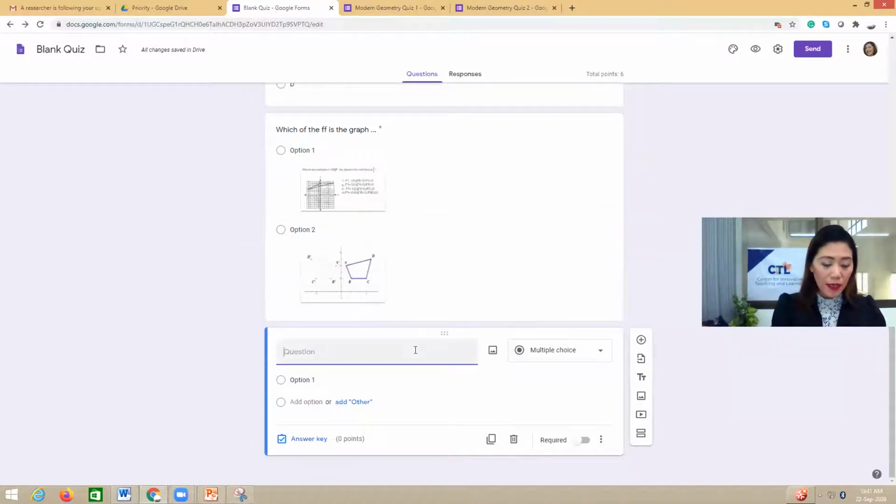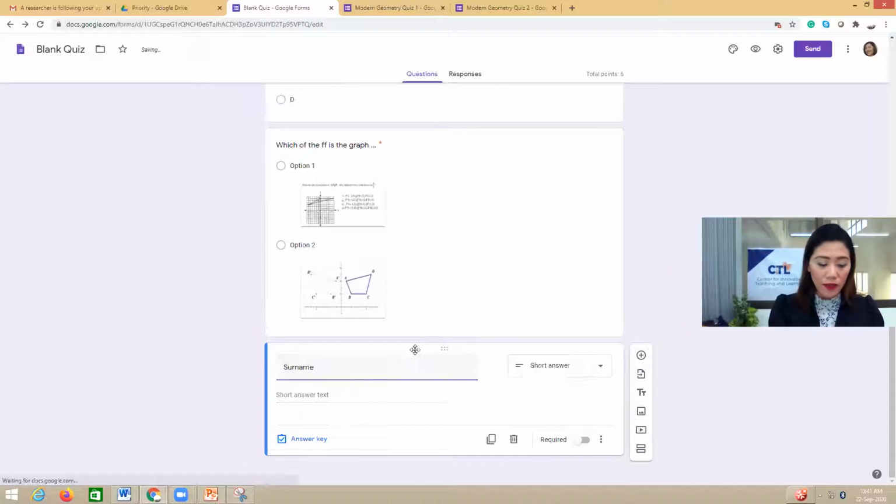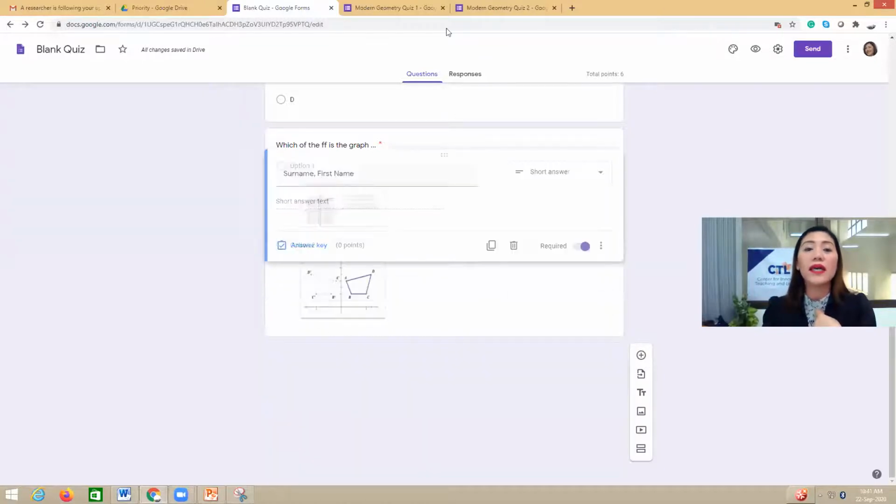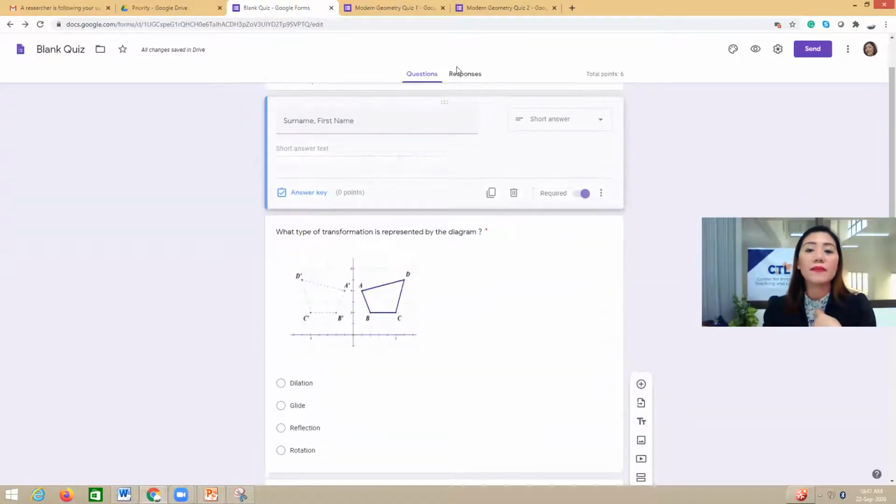So you notice I put surname, then first name, because later, when I download it, I want surname first, then first name. The students just type their name there. And of course, that's required. So I would know who owns it. But you will notice that this type is considered as an item in